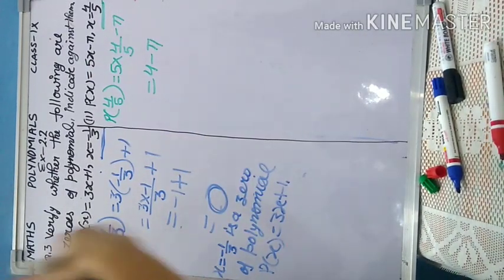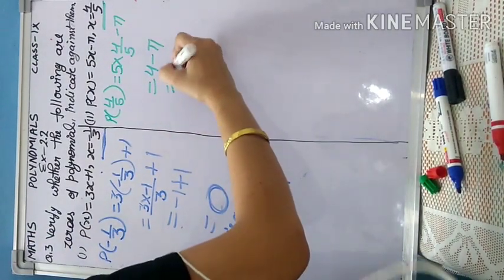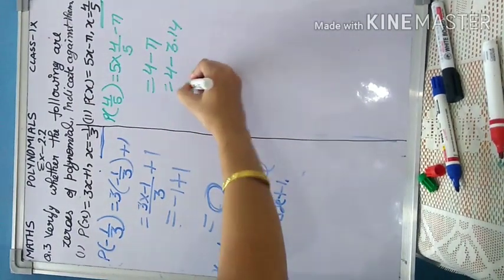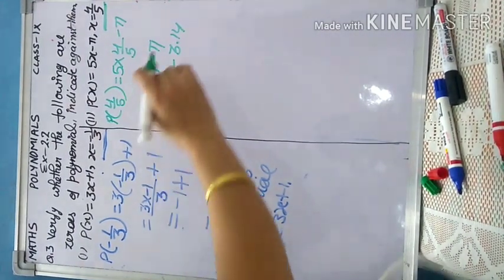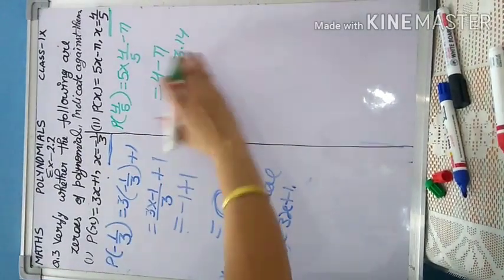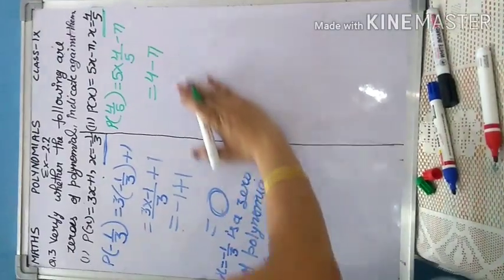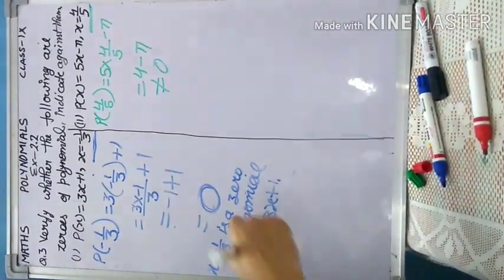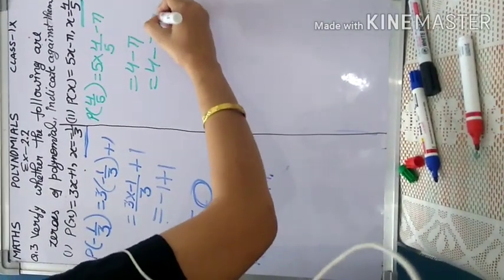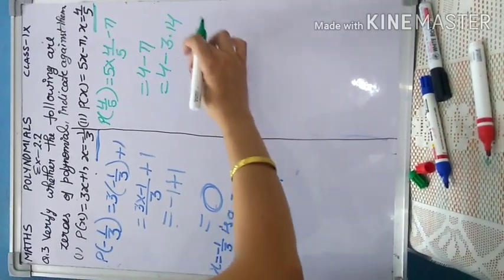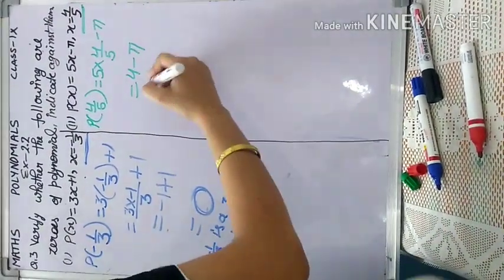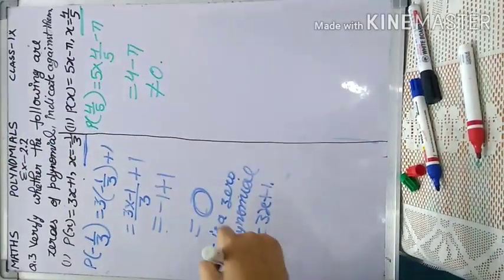Now see students, you can write also that this is somewhere close to 3.14, but it is very sure that the answer is not 0. Whatever the answer comes, you can even leave this question here and say this is not equal to 0. And if you want to solve it further, you can do this also. You can write the value here and that will not be 0. I am leaving it here only like this, not equal to 0.